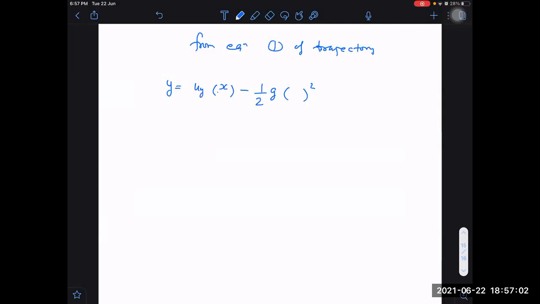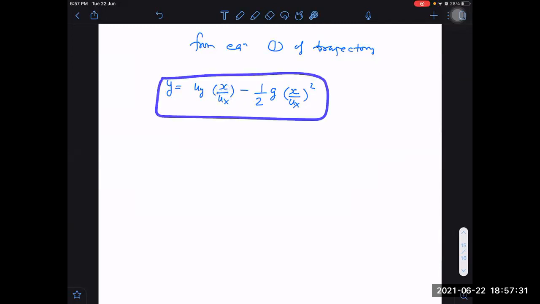Sir, that time is nothing but displacement along the x-axis divided by velocity along the x-axis. Now, why can we write displacement upon velocity as time? Because it is uniform motion. For uniform motion along horizontal, I can write displacement divided by velocity as time. So it is kind of a derivation. As long as things are clear in your mind that displacement along horizontal upon velocity along horizontal is time,